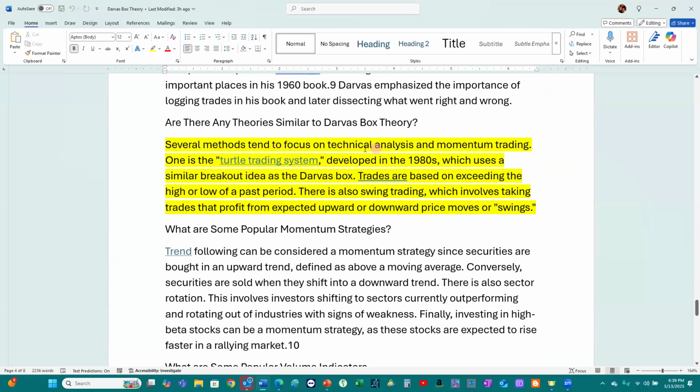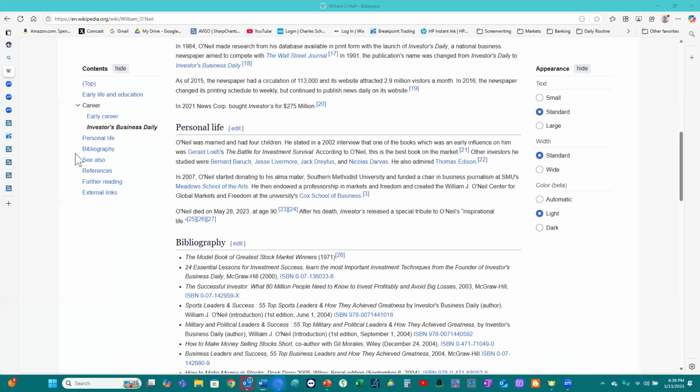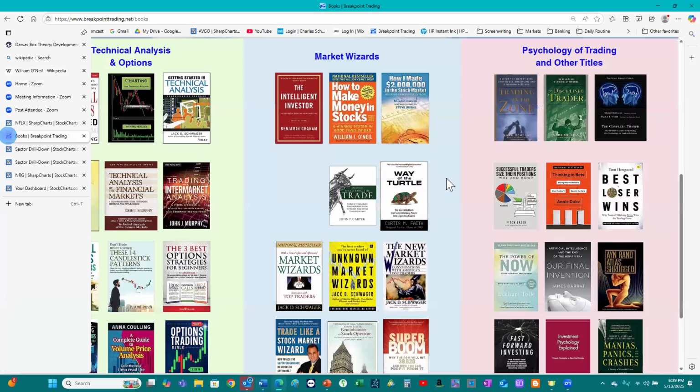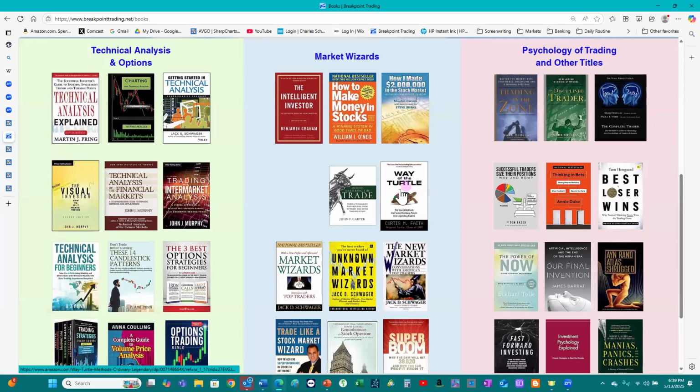Several methods tend to focus on this. Are there any other similar theories? The Turtle trading system, developed in the 1980s. And by the way, on my books page, you'll see The Way of the Turtle. This talks about two successful investors who decided that they could teach people that it did not have to be